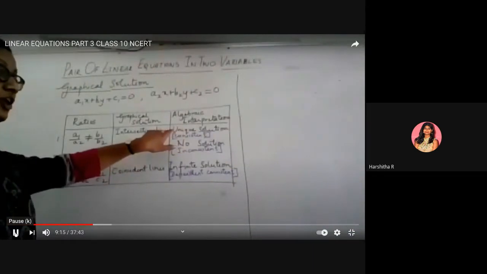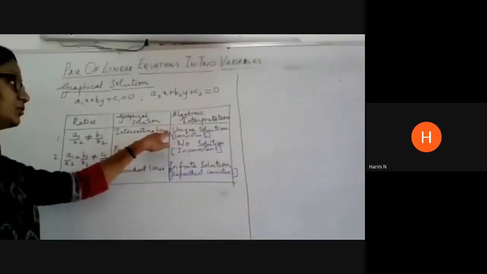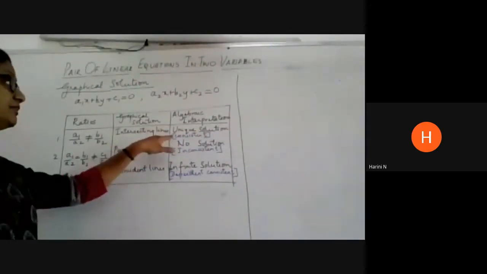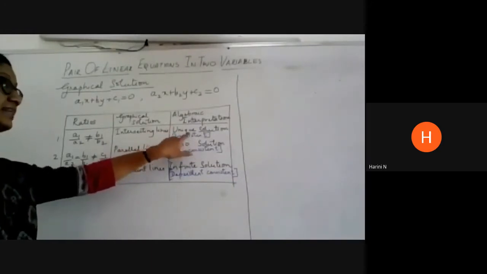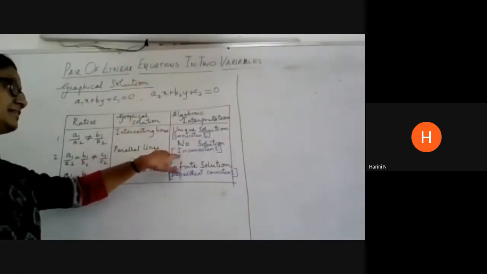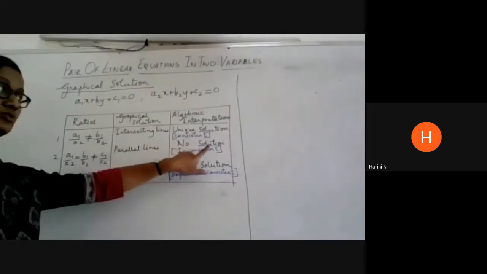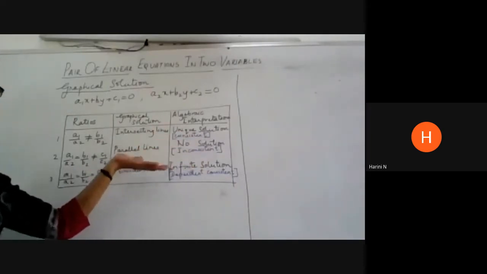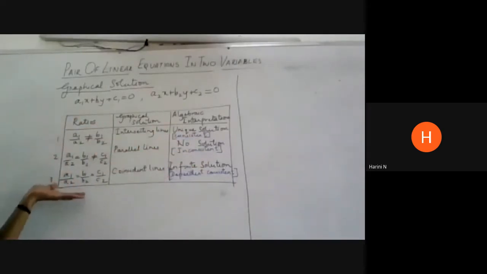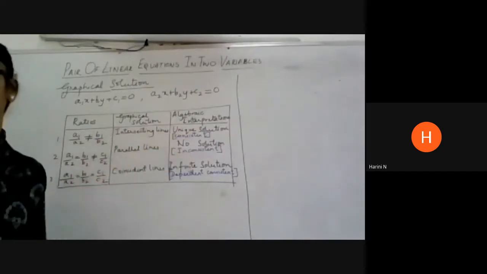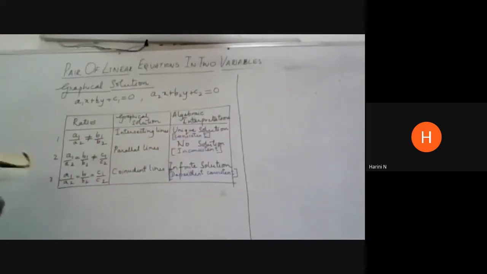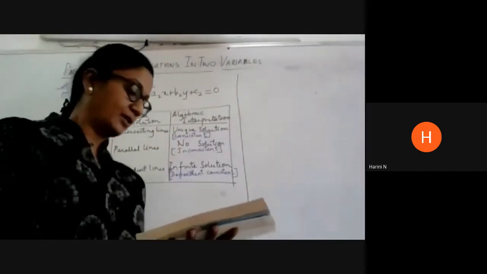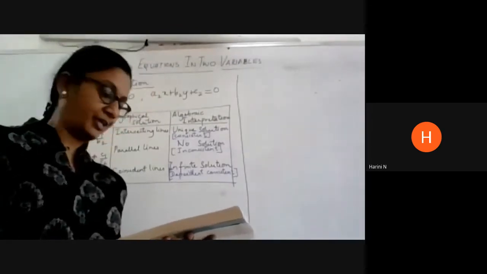Because they will not ask in the question whether it is a unique solution or no solution. If they say consistent, you must understand it has a unique solution. If they say inconsistent, you must know it is no solution. Or they may ask you to check whether a given pair of equations is inconsistent or consistent, like I read in problem number 3 just now.